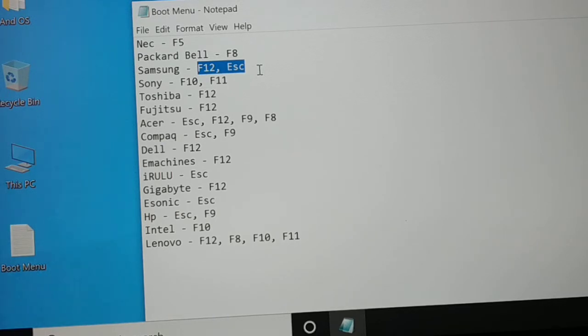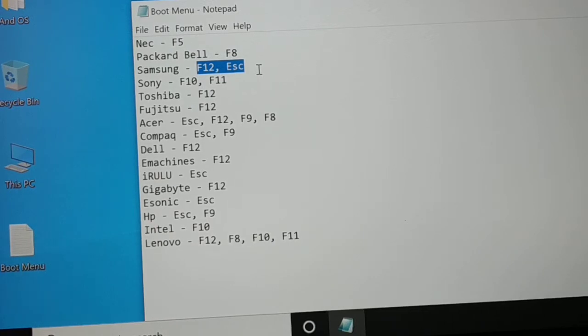So most common for the desktop is the escape key. Even sometime other key like F8 key or F12 key works. The most common key for the laptop is F12 key. Even sometime escape key works. So along with the common key, here are some of the specific keys you can try along with the brand. You can try it for the desktop. Even you can try it for the laptop.